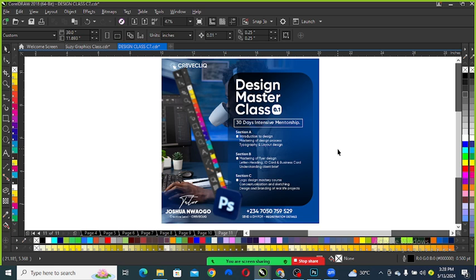So we say flyers are one-page promotional material. They are promotional material, right? Promoting what? Promoting what you are doing at that particular time, right? So flyers can be used for events like churches, inauguration, or a party, end of the year party,